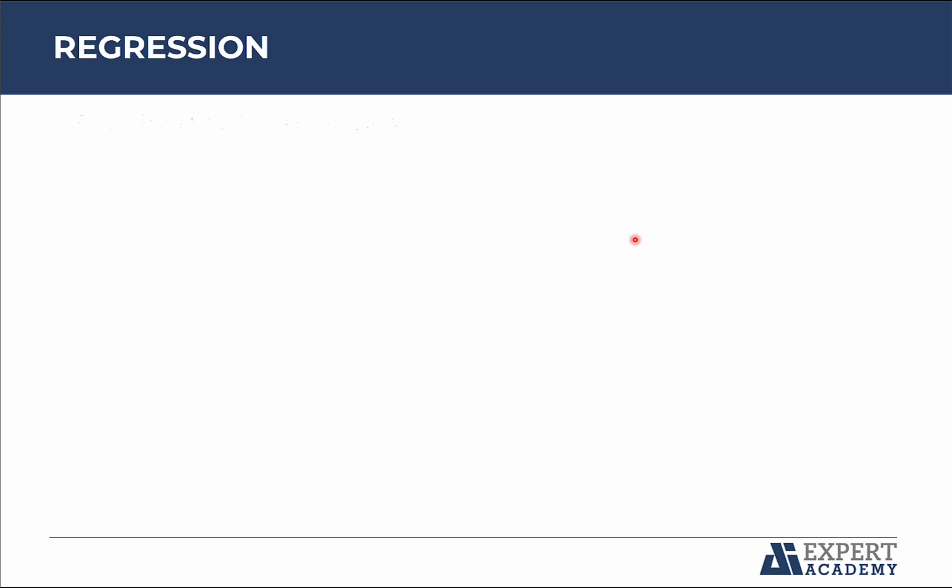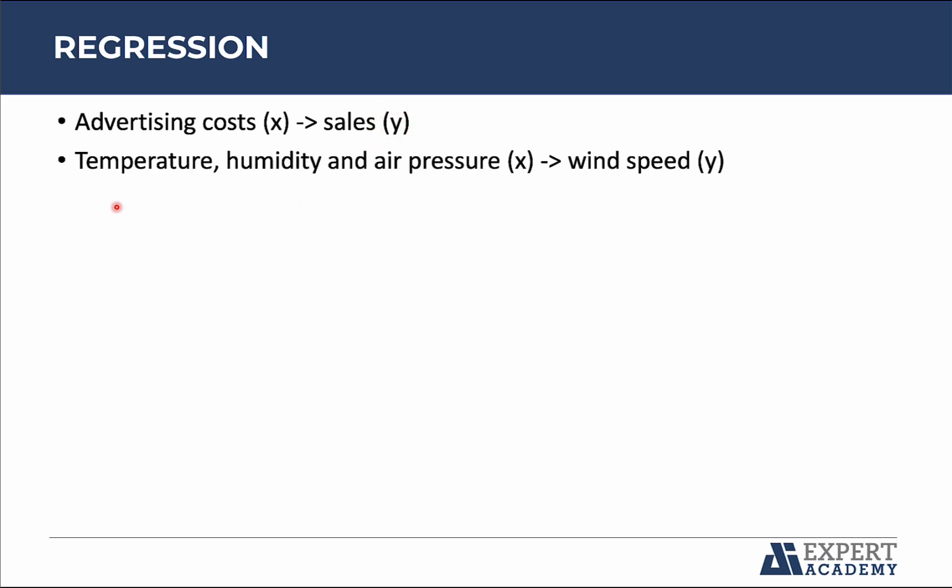There are some examples based on the advertising costs. The goal is to predict the sales. Both are numerical variables. This is X variable and the result is Y variable. Another example, based on the temperature, humidity, and air pressure, X variables, the goal is to predict wind speed, which